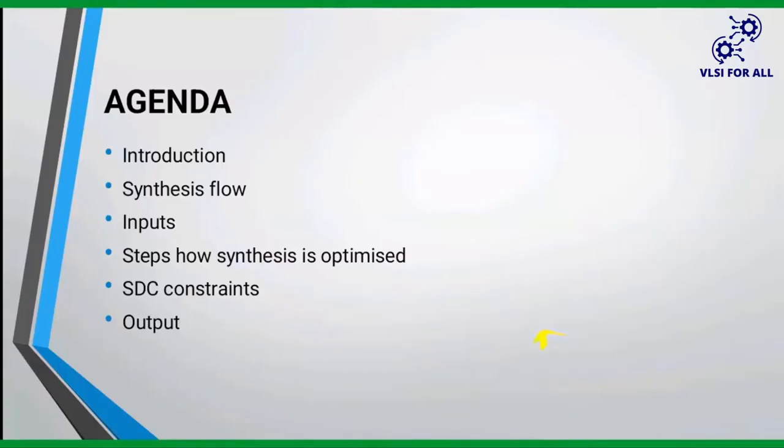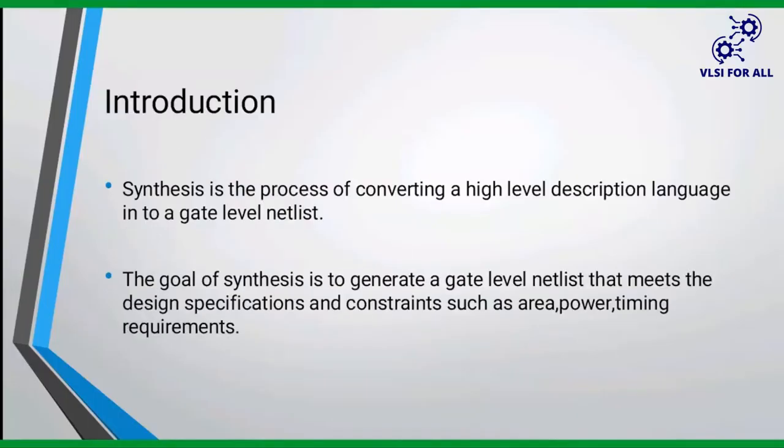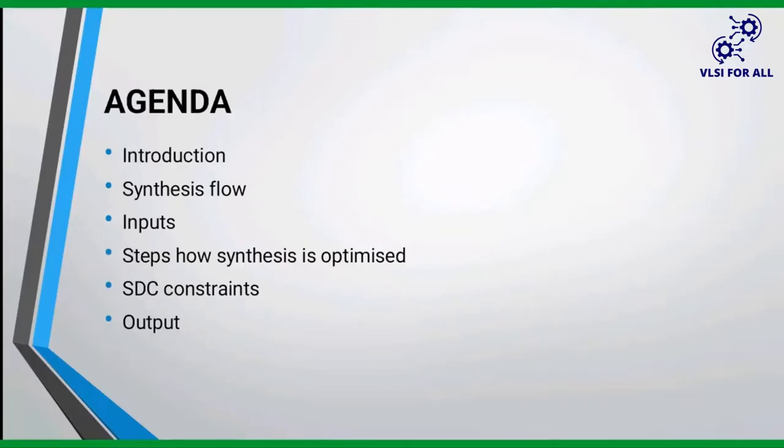For each and every topic, we will have a stepwise manner. Suppose if we want to have food, we need a plate, and on the plate we should have the food. In a stepwise manner, we'll go in the same way to perform a synthesis. We have a few steps in which the RTL is optimized to get the final result. Next, what all the SDC constraints we are going to apply in synthesis, and what are the outputs. So this is the agenda, the particular agenda which we are going to see in synthesis.